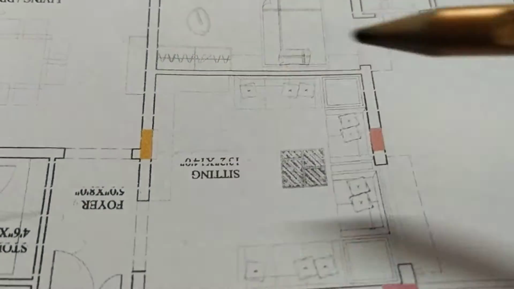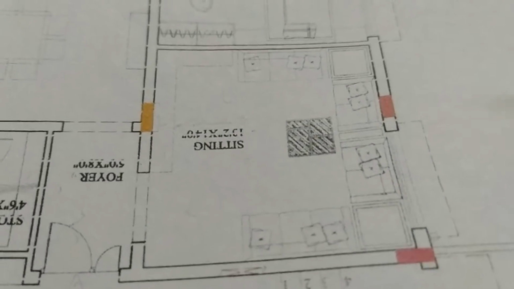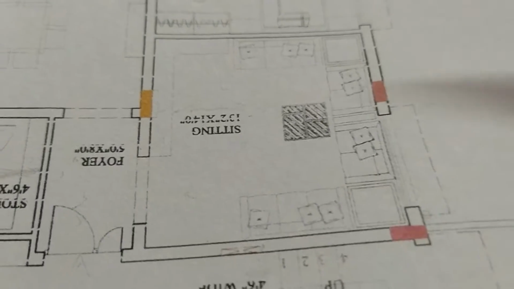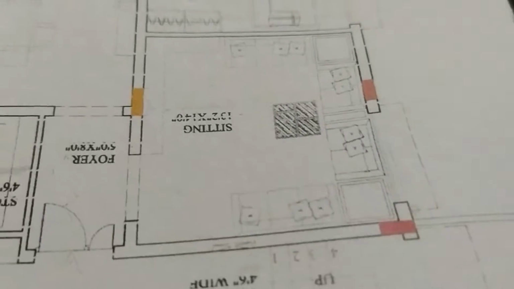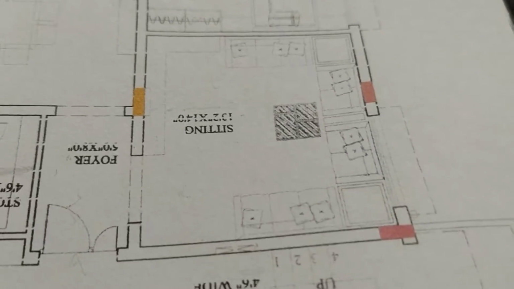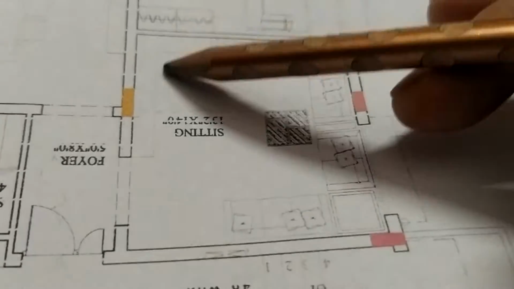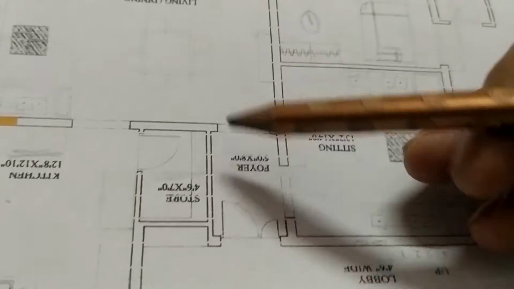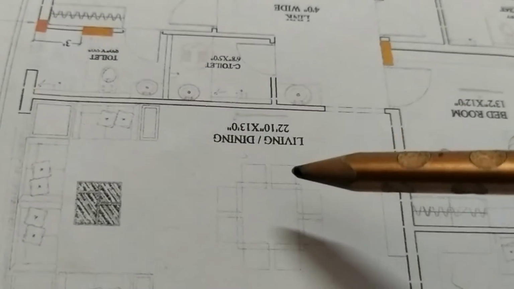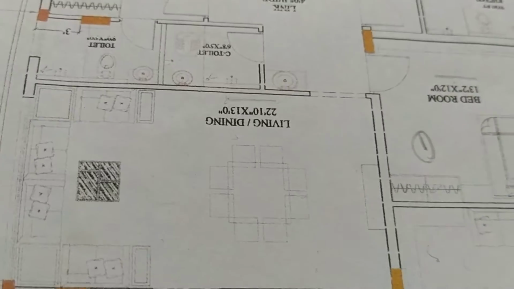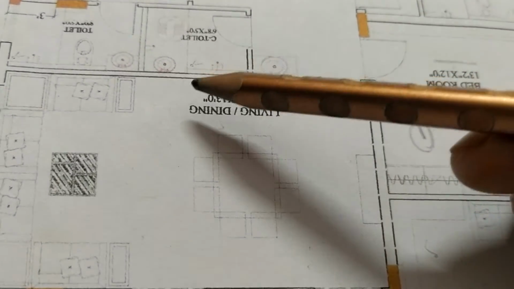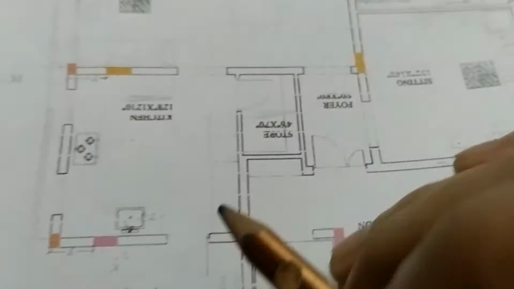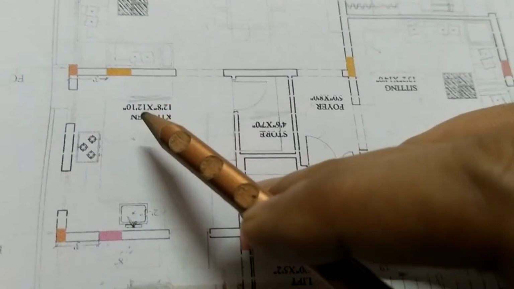Dimensions are this by this. This is for the guests, any relatives who enter the house and require a place or a room to sit and relax. This is for that purpose. When we enter further, we will enter the living and dining area of dimension this by this, and this area is connected with the kitchen. Kitchen dimensions are this by this.